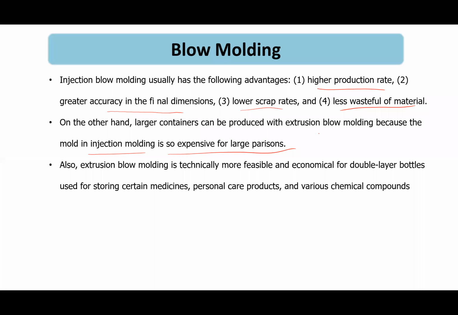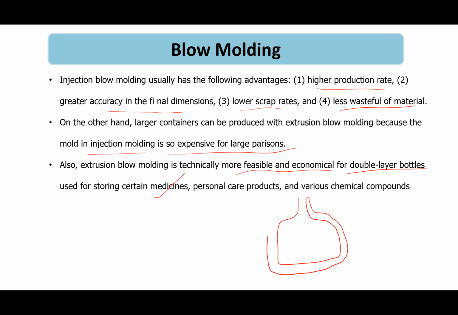Extrusion blow molding is technically more feasible and economical for double layer bottles. If you want to produce bottles with double layer, for example, a bottle like this, usually used for medicine. Medicine bottles have two different layers, inside and outside. One layer will be the inside layer, and another is outside. Sorry, I'm very bad at hand drawing. If you want to have two layers of plastic in a bottle, then it is very convenient to use